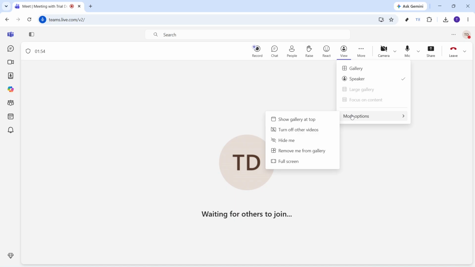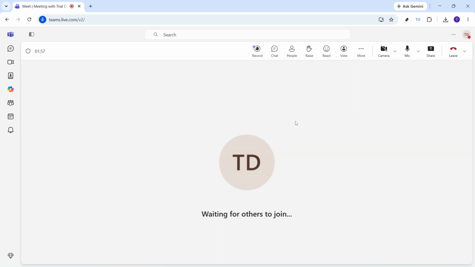From there, click Show Gallery at top. This is the key step. Turning on this option moves the participant gallery to the top of the Teams window, which helps keep the people in your meeting visible while you continue presenting. Instead of losing the participant view behind your shared content, you'll have a clearer layout that lets you stay connected